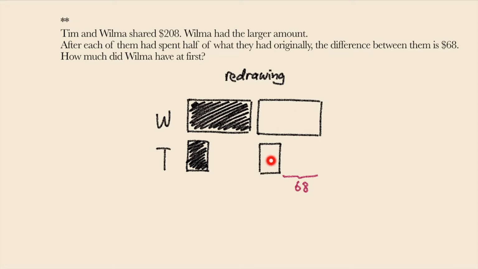Now, if I can do this, can I not do the same thing here? Because after all, it's half, yeah? Which means whatever's left is the same as whatever was spent. So I can reflect that. 68 is on the other side as well. Now, the total is